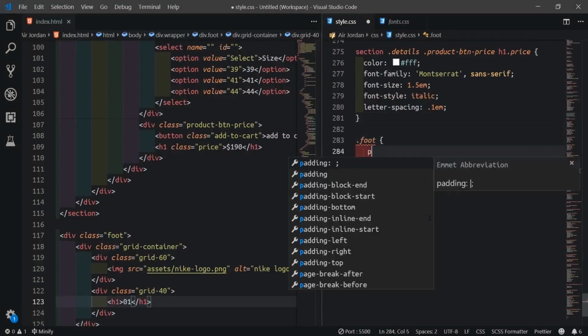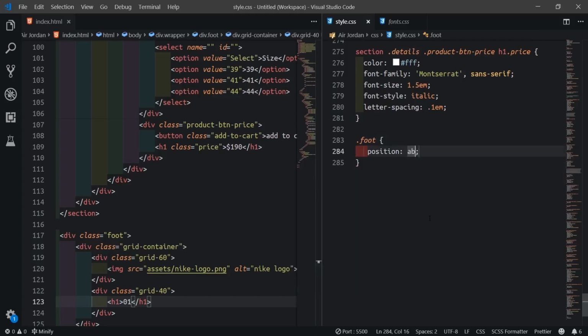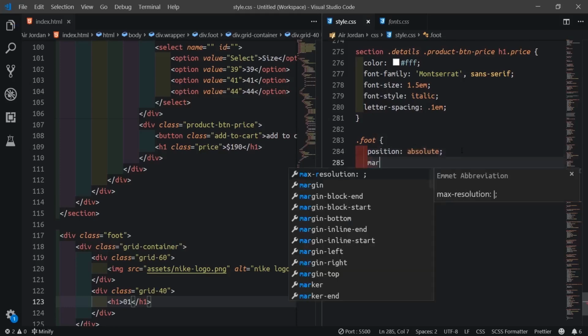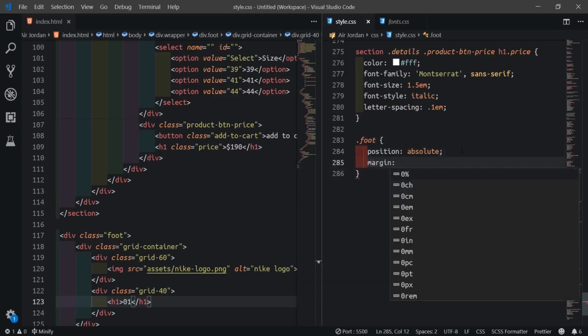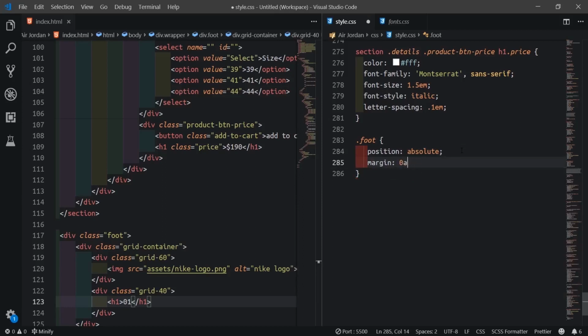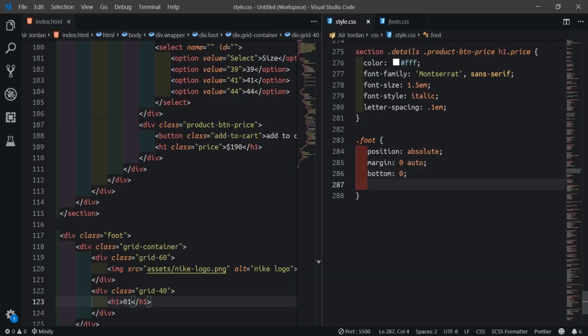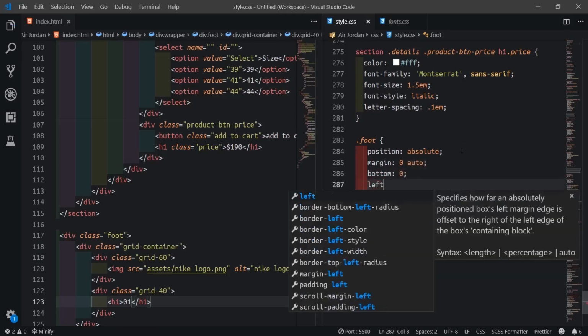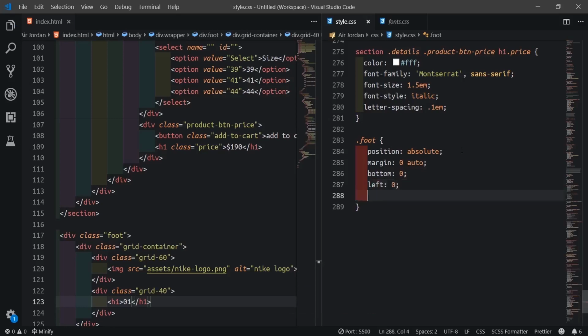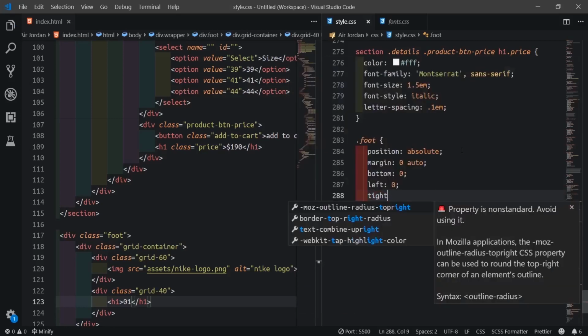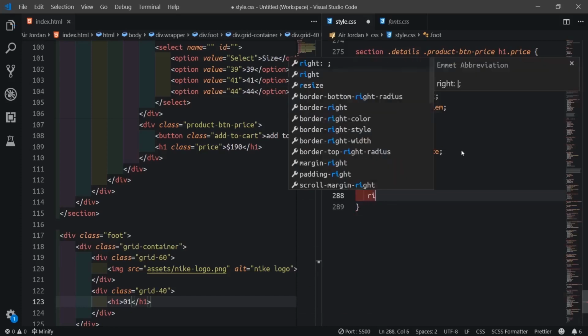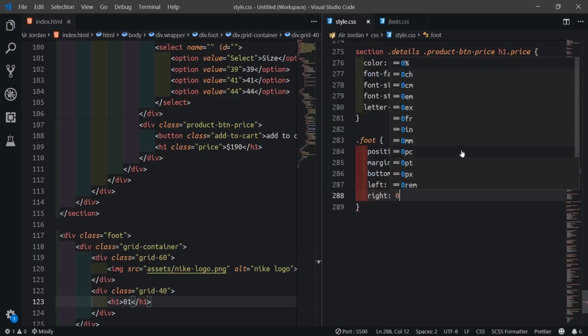Then I'll say position should be absolute. Then margin 0 or 2. Bottom 0. Left 0. Right 0.